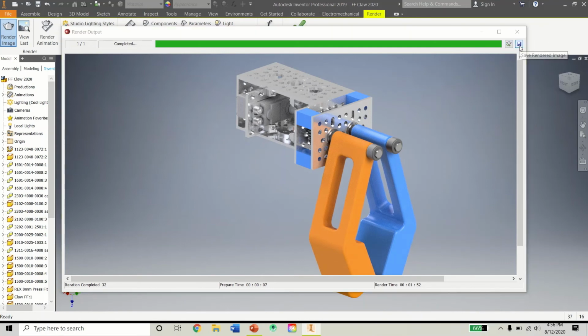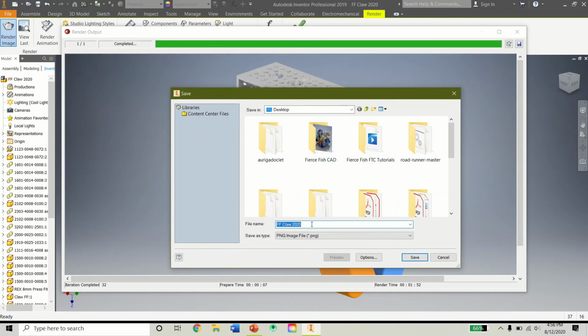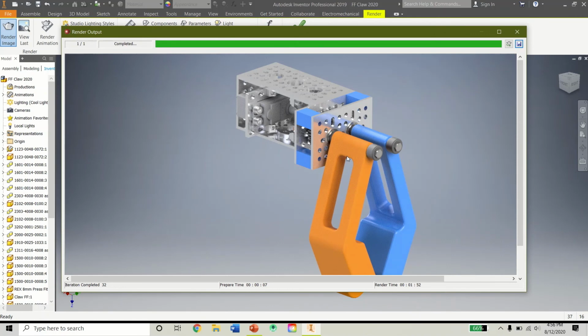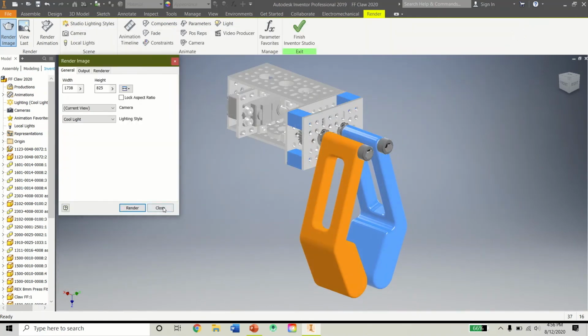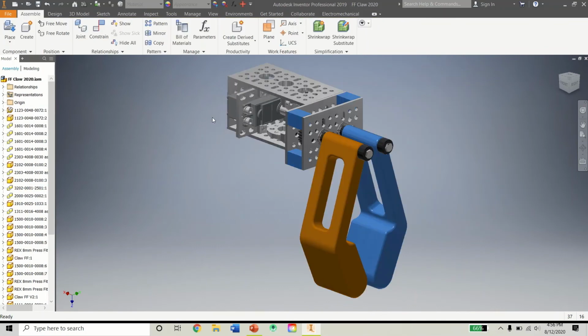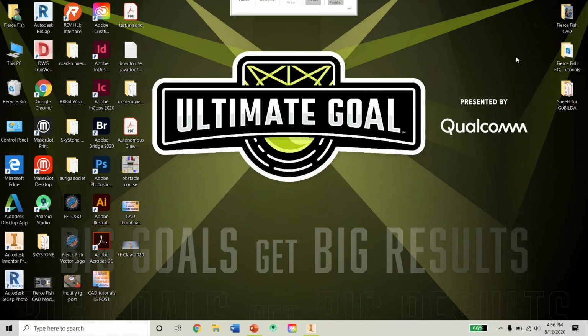But now I'm going to want to save the image, and then I can choose where to save it. I'm on the desktop now, I'll just save it there. And now the image is saved to the desktop. I can close all of this, finish the Inventor Studio, and now we're back into the modeling view. So now let's minimize this here. And now you'll see we have,